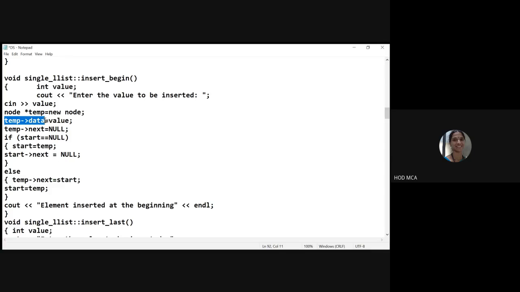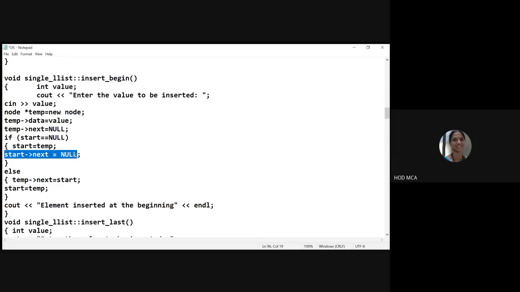The node that I have made ready, whatever I want to insert, will be the only node that I am going to take up. So I will say start is equal to temp. That means temp itself will become the first node, and the address of the first node should be held by start. Start of next is equal to null, because you don't have any other nodes. This is the only node.